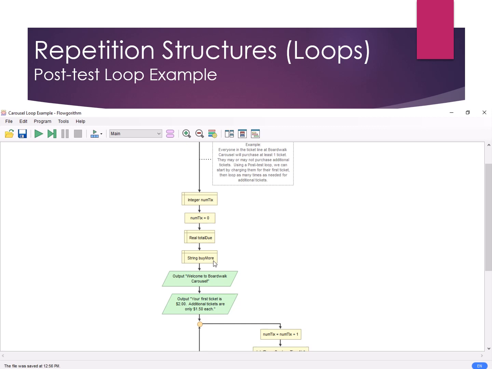Do you want more tickets? And if they give us an affirmative, a yes, so capital Y or lowercase y in the input, then we will add more tickets. And if they give us anything else, we'll just assume that they meant no, and we'll